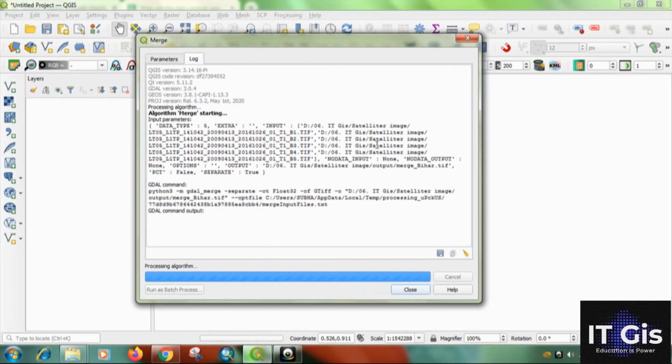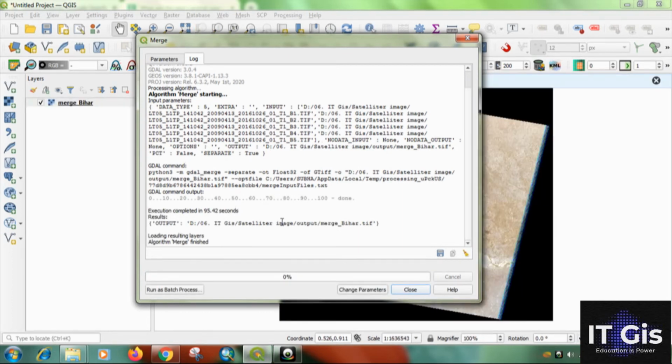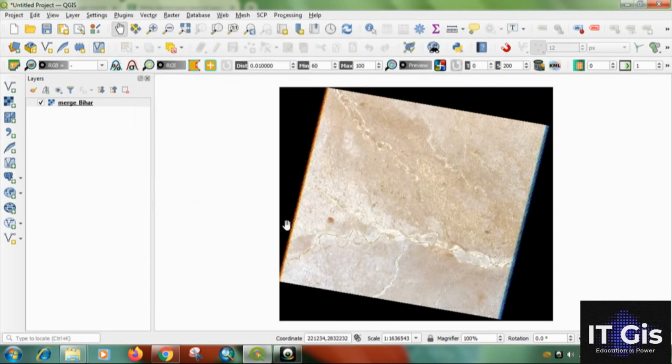So it is running the algorithm for merging all these bands. So the layer stacking is completed. Then just click on the close button.